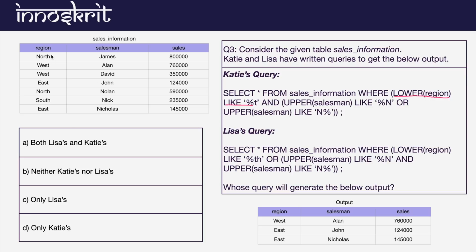So if we convert this region column into lowercase, where we have values ending with T, %T basically tells you the values ending with T. So I think these four values are going to be in your result set. Fine. Okay, now let's understand the next one. Now let's calculate the next AND condition.